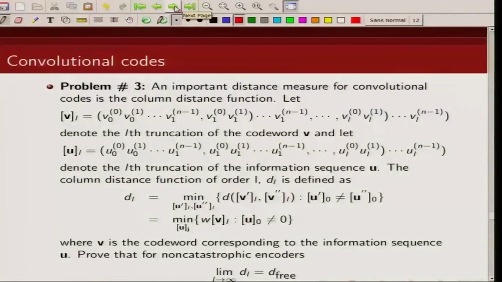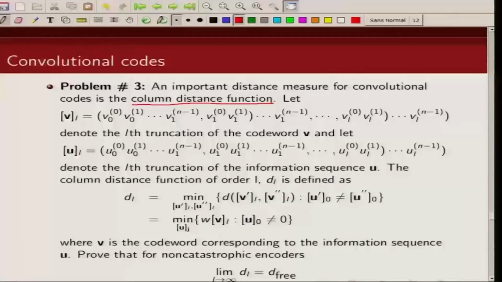The next problem that we are going to talk about is a distance measure for convolutional codes. So, we will first define what we mean by column distance function. As we know, a convolutional encoder can continuously encode an information sequence. So, we can have an infinite length input sequence and correspondingly an output sequence. Now, we define the column distance function for a convolutional code as follows. So, before that, I am describing